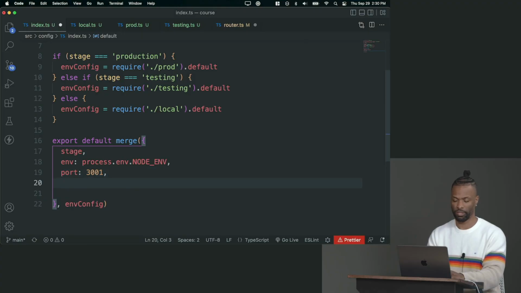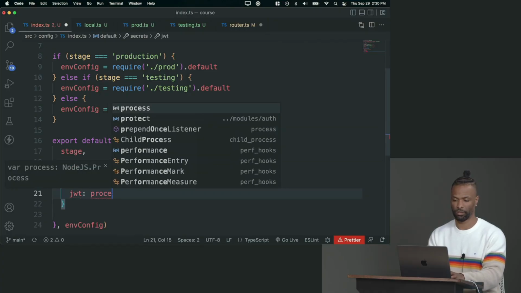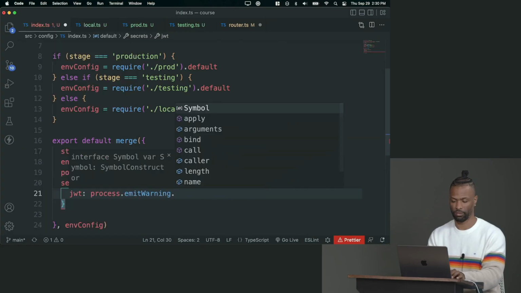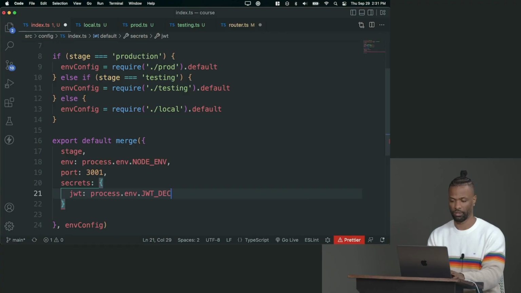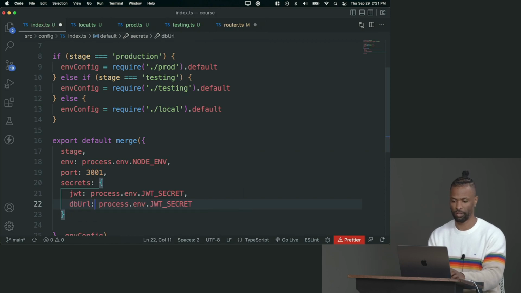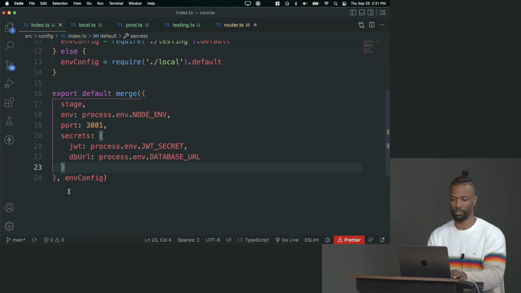I can also do my secrets here. So I might make something called secrets. That's an object. And I can say secrets.jwt is always going to be process.env.jwt secret. Right? I can do that. I can say db URL is always going to be database URL. Right? I can do that. That's the default. But because it's being merged underneath this env config, I can override it depending on what environment